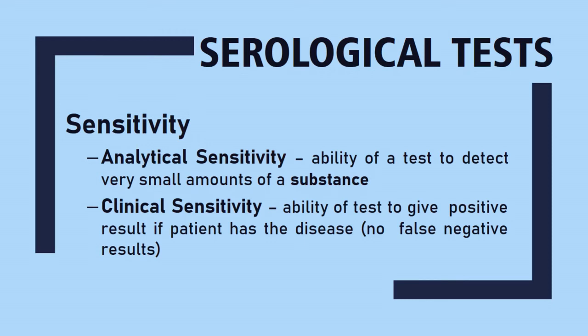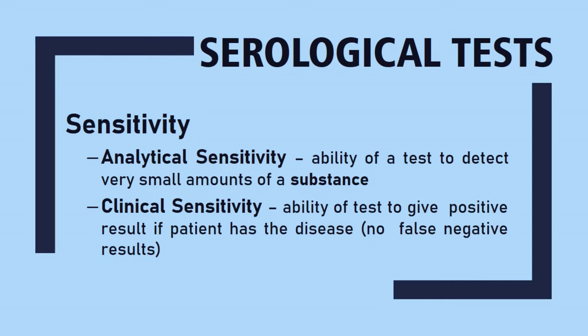Now if we talk about applications of these reactions, as you may be aware, different kinds of reactions are used in laboratories for diagnosis, right? So when we talk of a serological test, we have either serum of the patient taken, which will either have antibody or antigen. So if commercially available antigen is there, then we test whether any kind of antibody is present against a particular infection, or if we have commercially available antibodies, then we test the presence of antigen in the serum sample. But in either case, we have two important sensitivities of the assays.